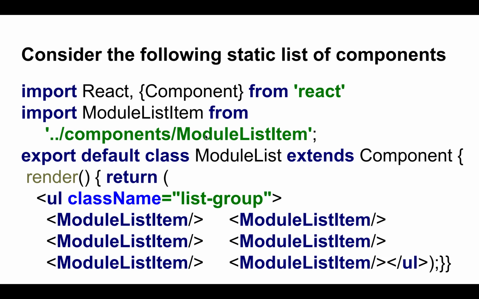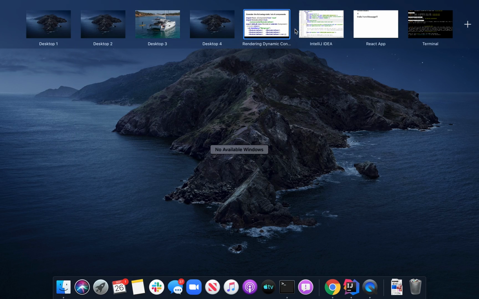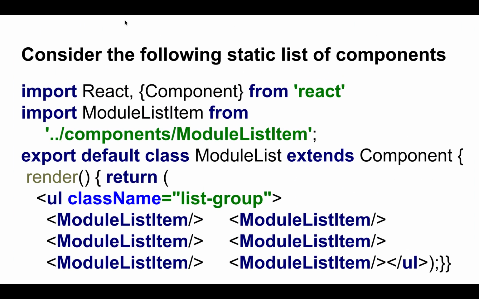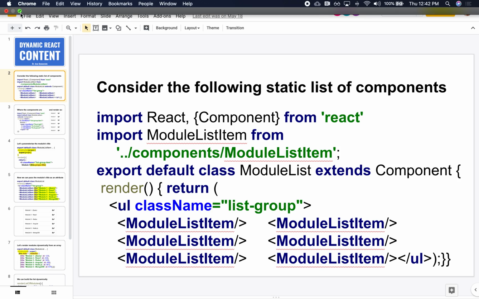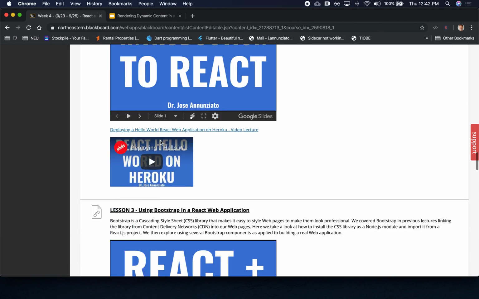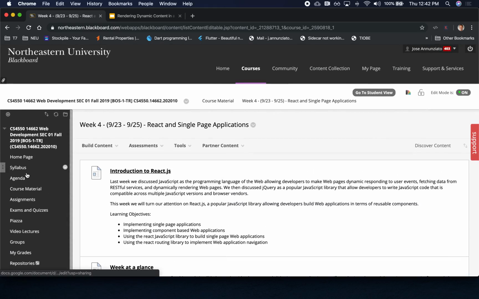So here we have, for instance, a module that is called the module list. What React suggests or promotes is that every time you're going to render any piece of content, you see how you can start modularizing it, and have a component that is dedicated to rendering that one piece of content. So if we go back to our assignment, and we see what we're trying to render here,